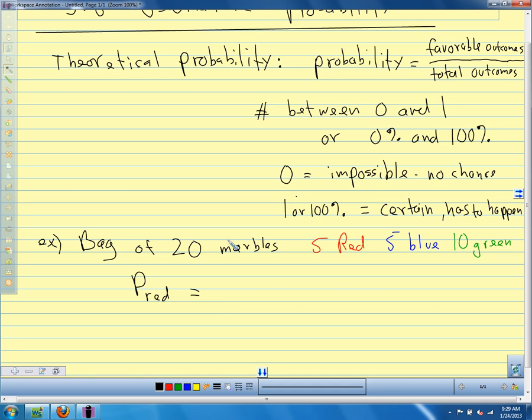So what's going to be our probability of picking a red marble? 5 out of 20. 5 is our favorable, and we have 20 total marbles. And we reduce it, so that comes to 1 and 4. What's 1/4 as a decimal? 0.25. And as a percent? 25%. So our probability is 5 out of 20. We usually reduce that to 1/4. Our probability would be 1/4 or 1 in 4 or 0.25 or 25%. All of those are the same way of saying the same probability.